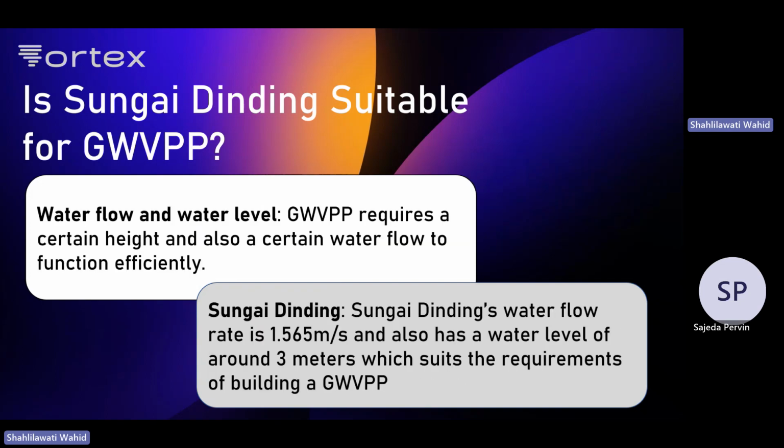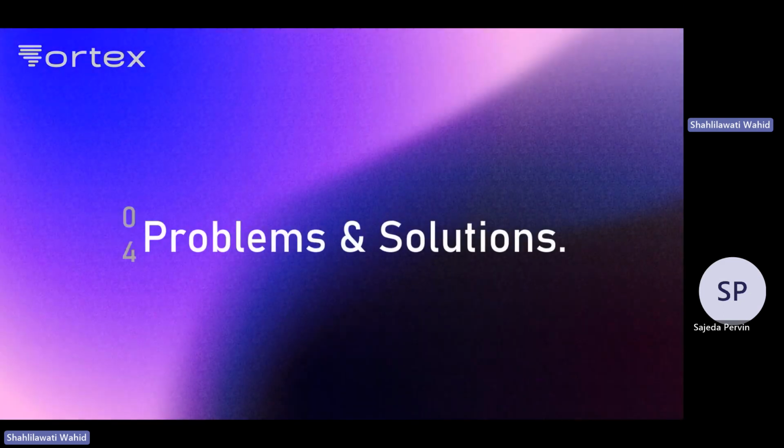Lastly, water flow and water level. Now, the GWVPP requires a minimum limit for the height and the flow rate of the river. Sungai Gending, once again fortunately, fulfills both of these requirements for the height and the flow rate of the river itself. Next, we'll be talking about some of the problems and solutions that GWVPP has and how we can